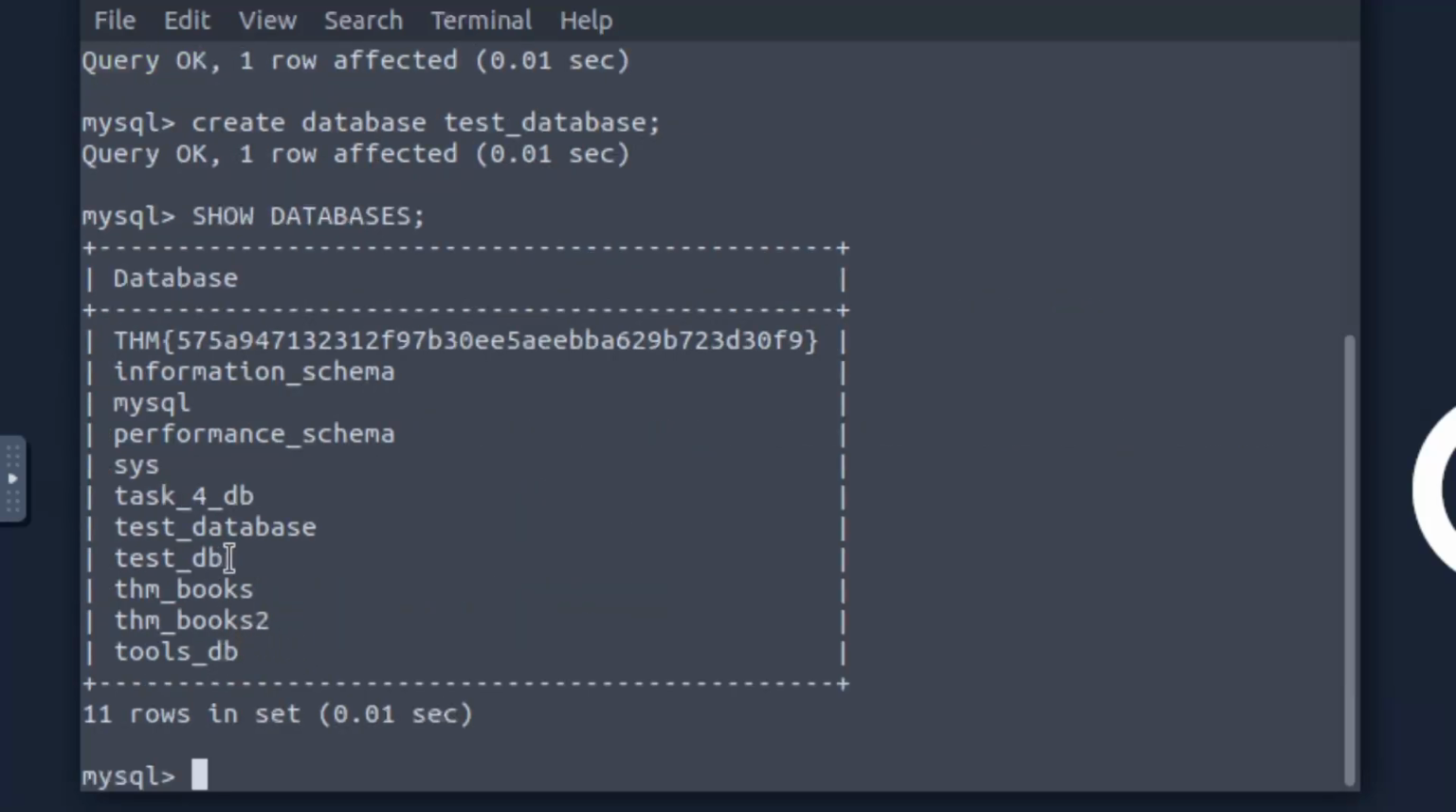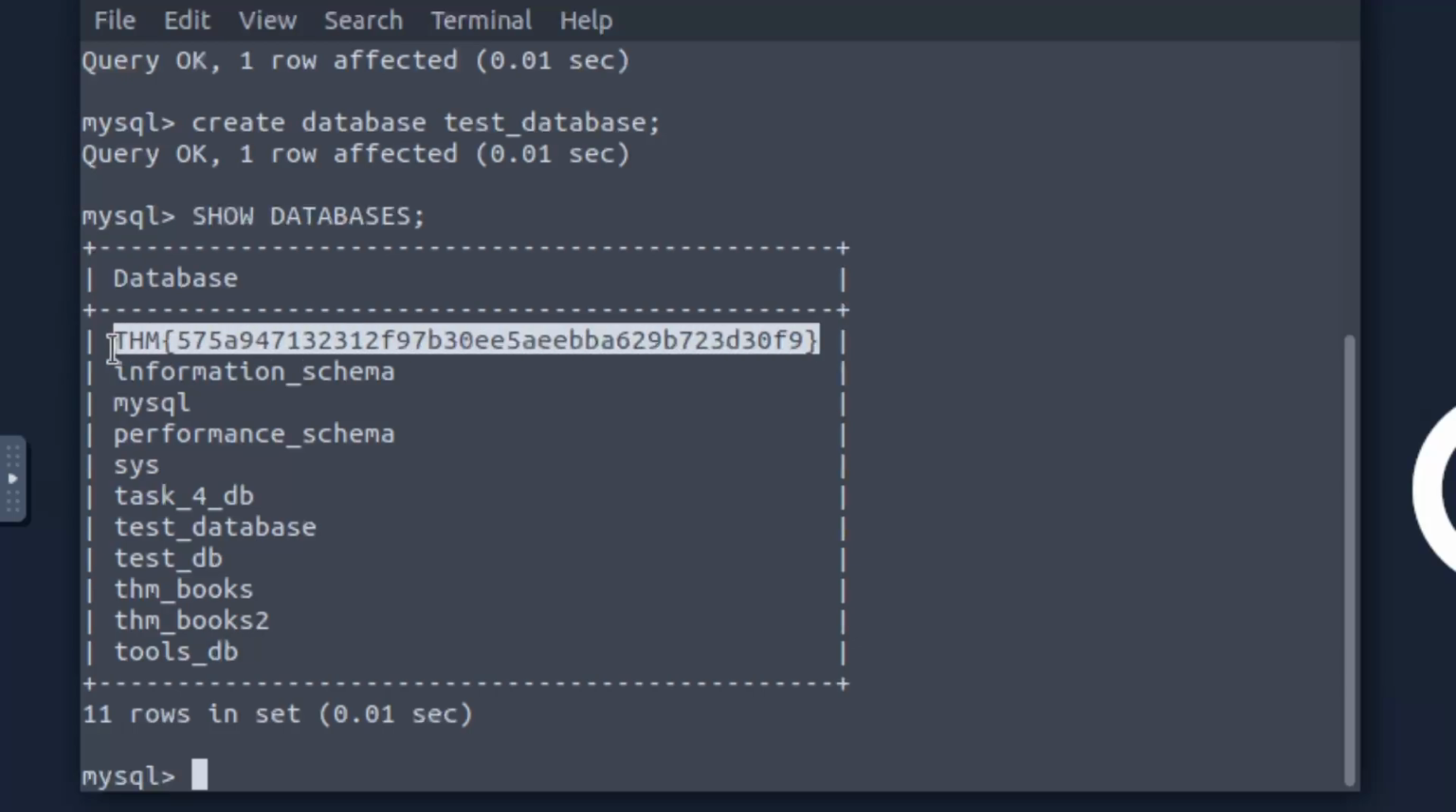And then I have test DB right here, and I have test database right here. These are the two that I made. There's THM books, books2, tools DB. There's the sys, task 4, performance schema, MySQL information schema. And of course, there's a flag already here that will probably be one of the answers to the questions that we need to run. So, all right, now that we have this,